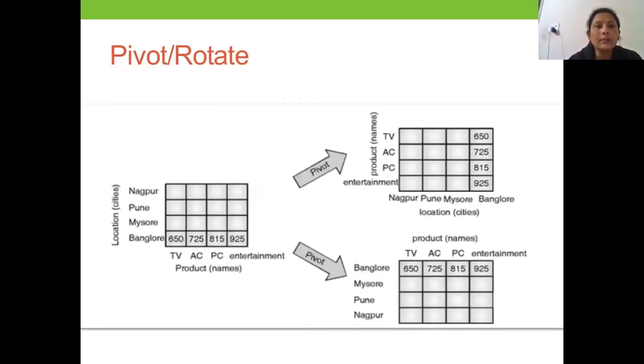The last operation is the pivot, or the rotate operation. As we can see, this is a slice, and this slice has dimension